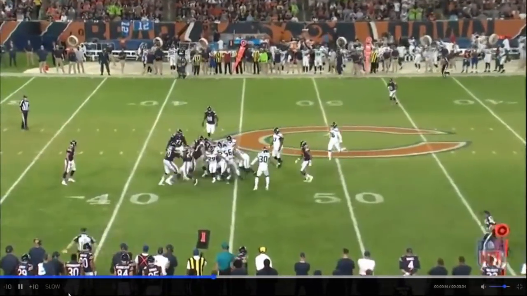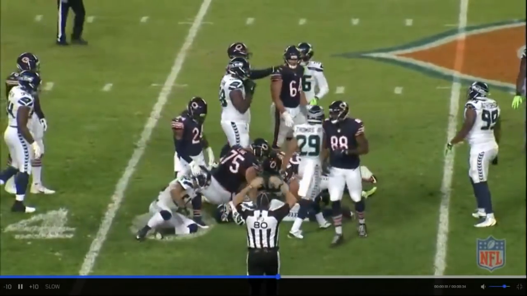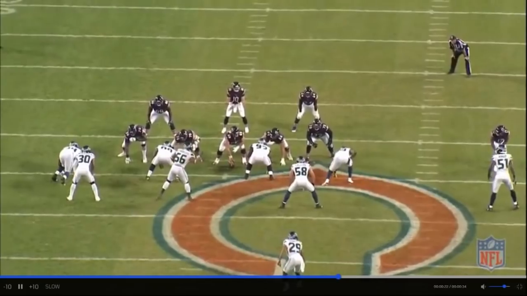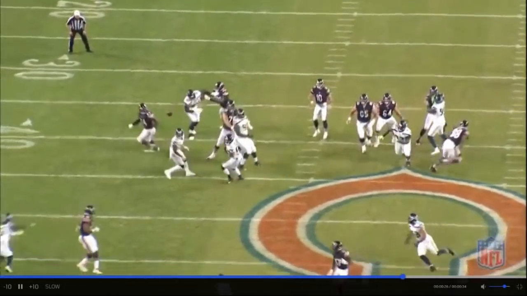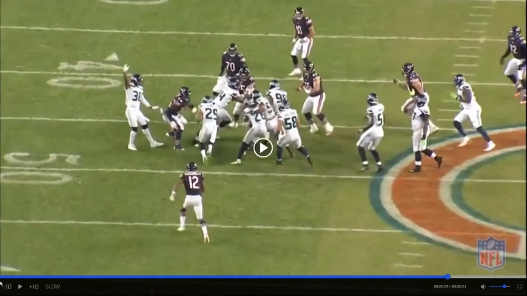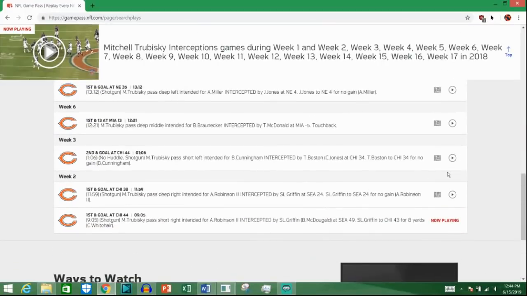Those type of interceptions happen, so we can actually see from the end zone who got their hand on it. But that's not one that I would necessarily put on Trubisky. They just timed it right and made a play. So yeah, for me personally, I think Trubisky made the right pass there. So now we'll be going to week 3